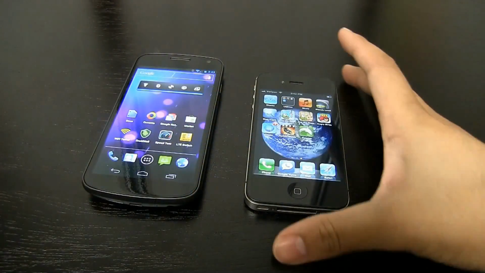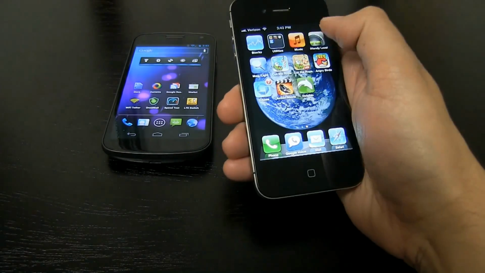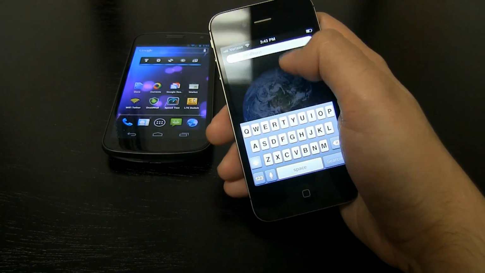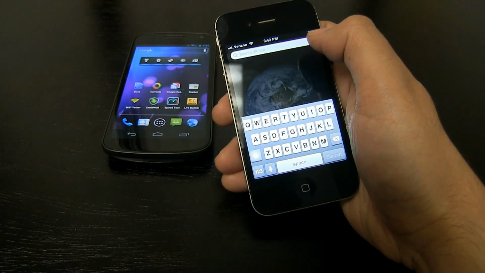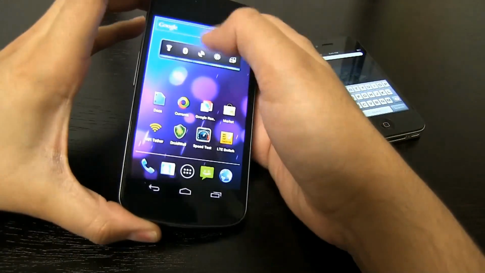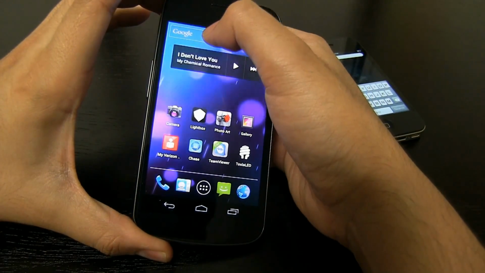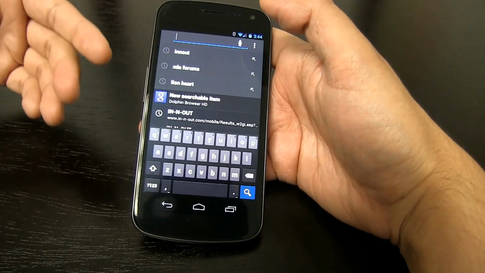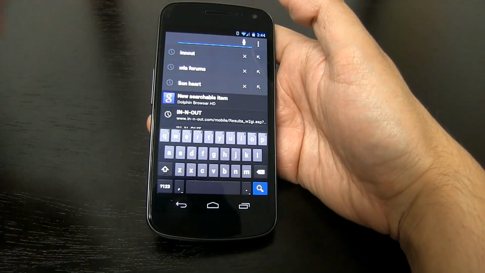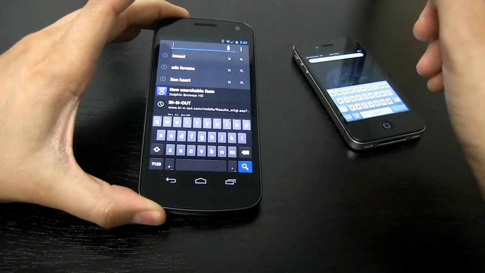With iOS, if I want to search for something, whether it's online or on the phone somewhere, I would have to swipe all the way to the left, and then there's my search. This searches contacts and all your information. It's a consolidated search. With Android, it doesn't matter what page I'm on. All I have to do is click on this top Google search bar up there, and it even gives me a history of what I've searched for before. Once again, making it very easy, and most importantly, making it really quick to find.